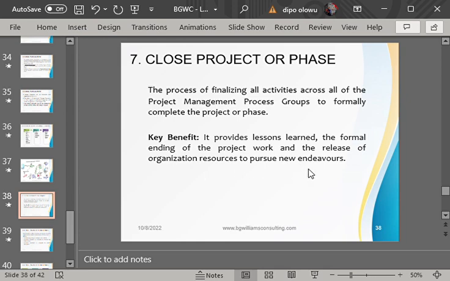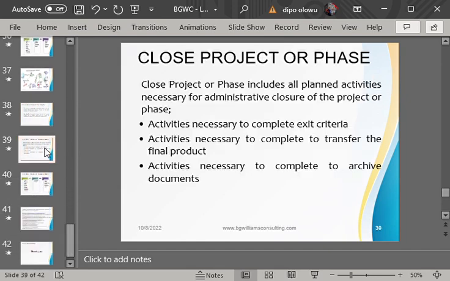So closing a project is a formal ending of the project work, letting everybody who has participated in the project say, thank you, this project is finally done, we have completed it, everything is okay, and bye bye. Then we can say that we can close the project. Take note, as I said earlier, it is not only when the technical work alone has been completed in a project. All right. So what other things apart from the technical work?